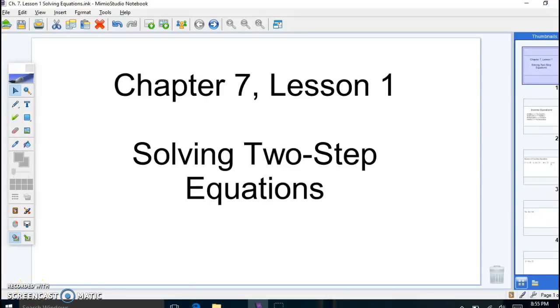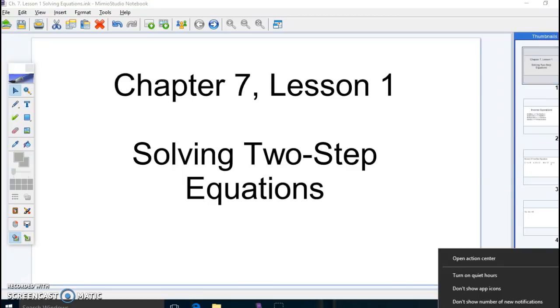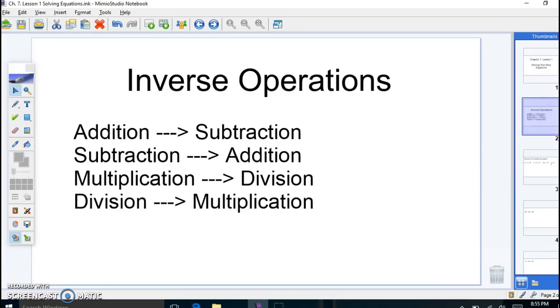Welcome to Chapter 7, Lesson 1. Today what we're going to work on is solving two-step equations and review what we do in certain situations when an equation is present. So the first thing that I want to take a look at is just a quick